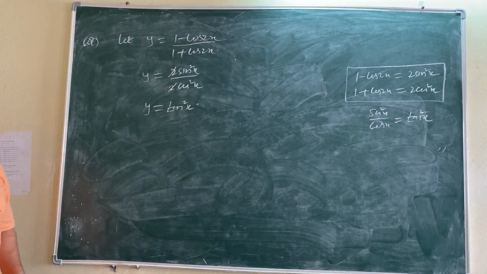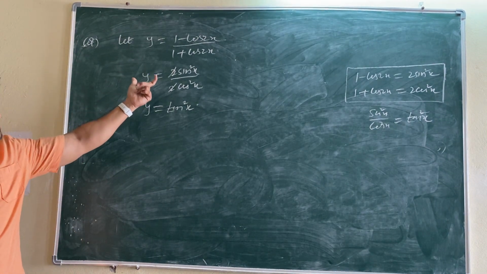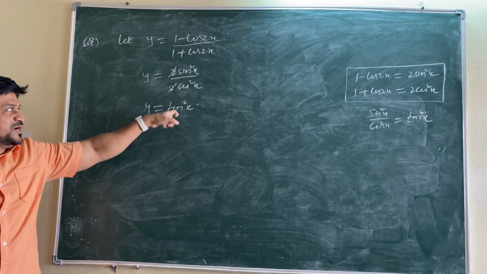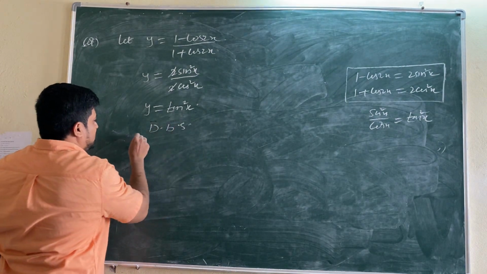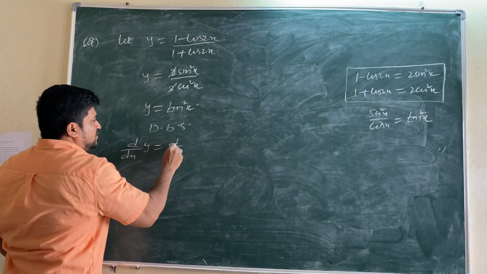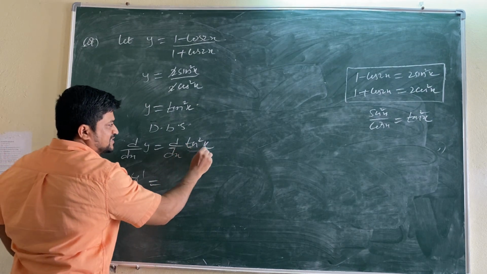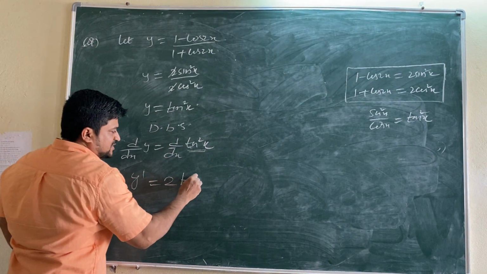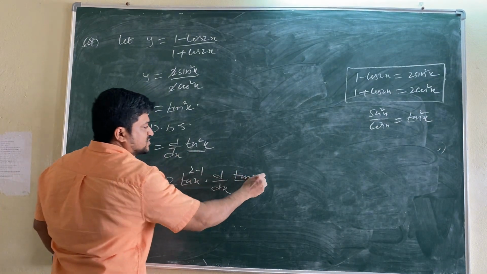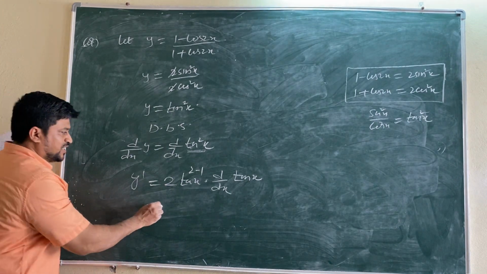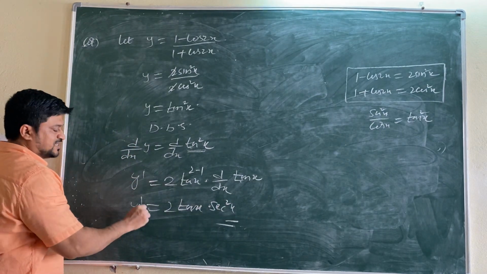So by seeing 1 minus cos 2x by 1 plus cos 2x, what have we done? 1 minus cos 2x is 2 sin square x, 1 plus cos 2x is 2 cos square x. Both will divide and now this is our question, y is equal to tan square x. What do we have to write now? Differentiating both sides, dy by dx of y equal to d by dx of tan square x, so this is y dash. This is x whole power n. n into x power n minus 1 into d by dx. So what is x here? Tan x. Now 2 into tan x, derivative is secant square x. This is y dash.